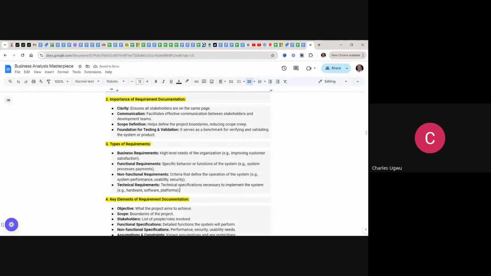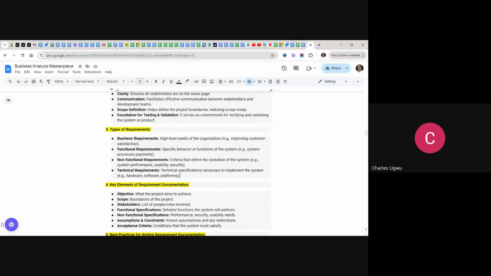So the business requirement is actually the first. This business requirement can be broken down into functional and non-functional requirements. At this level, they are high-level requirements of what the organization needs, and we break them down into functional and non-functional requirements. And then from these, in order to start implementation, we need to convert these business requirements into what we call technical requirements, where we specify the technical specification of the